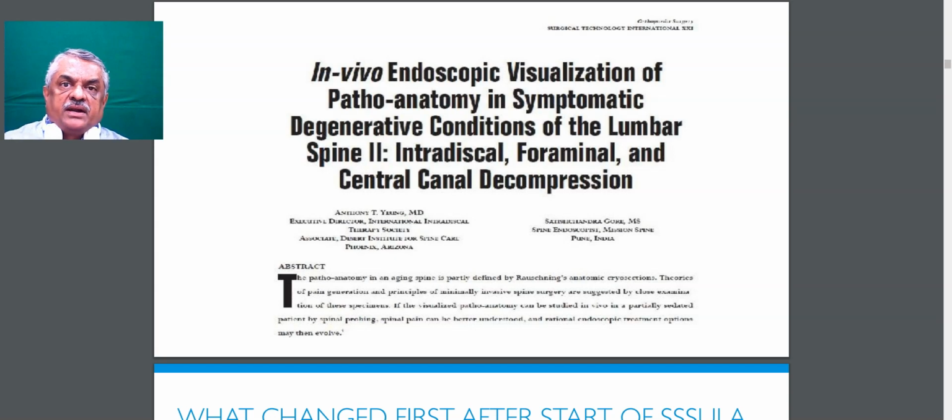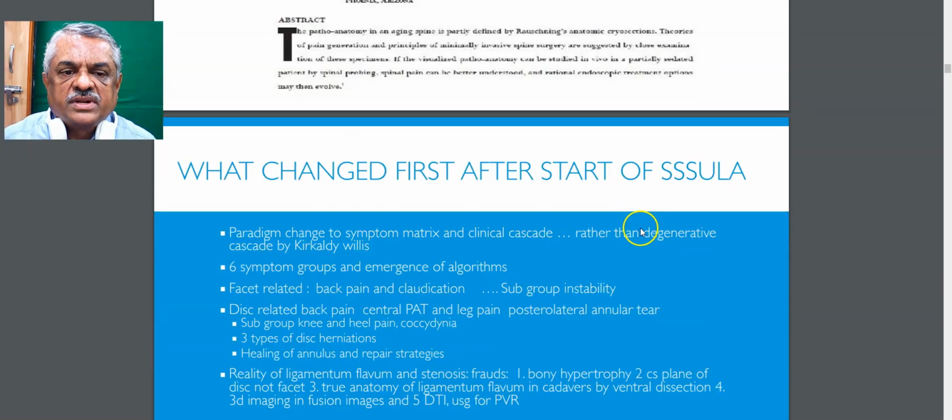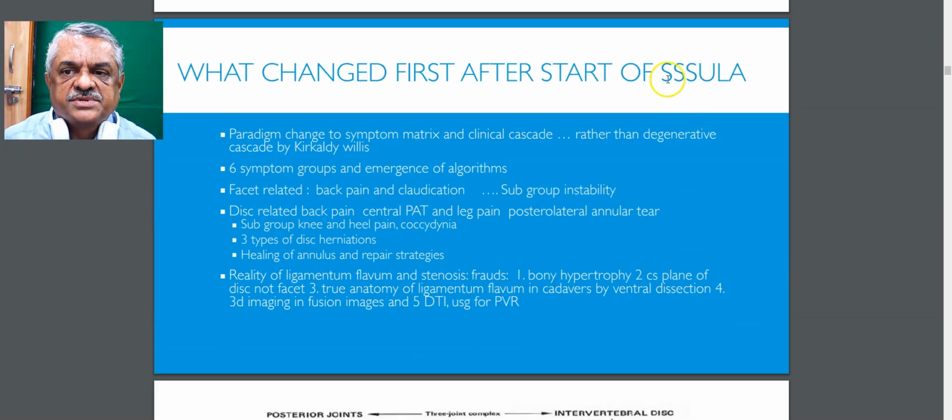So what really brought the paradigm change in spine surgery, and now we have brought it to a stage where we do the surgery if needed, say in close to around 10% of patients, by transforaminal endoscopy, which is a stitchless surgery under local anesthesia. Mind you, it is stitchless and under local anesthesia, whereby you can take care of any morbid patient with comorbidities in the form of diabetes and other medical conditions.